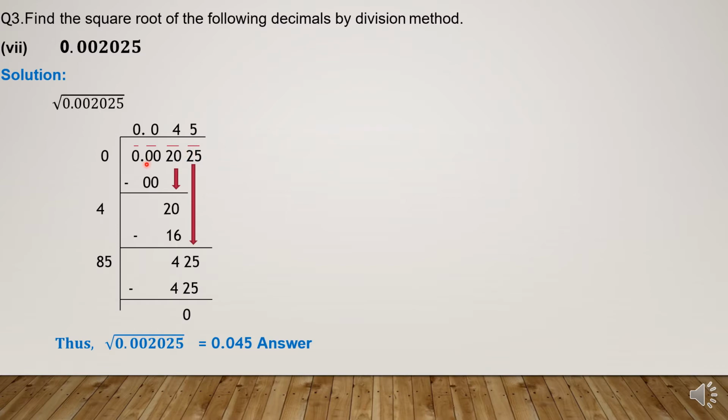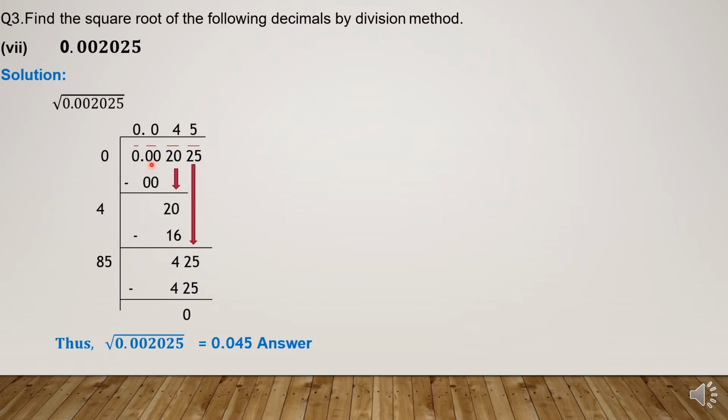Got it? Now, the whole part is 0. The whole part is 0 means we have to write 0 as it is in the quotient. If there is any other number instead of 0, of course, then we will start finding square root. But if in whole portion we have 0, then 0 will go as it is in the quotient portion. Now it is the turn of decimal. Decimal will also move upward.